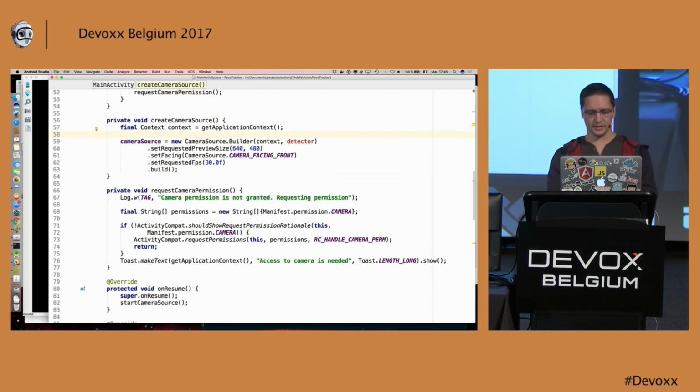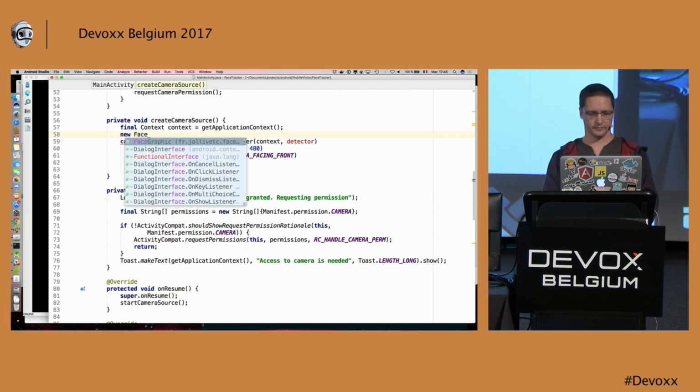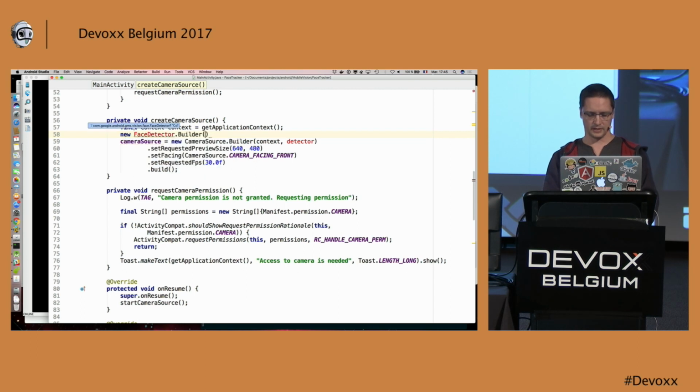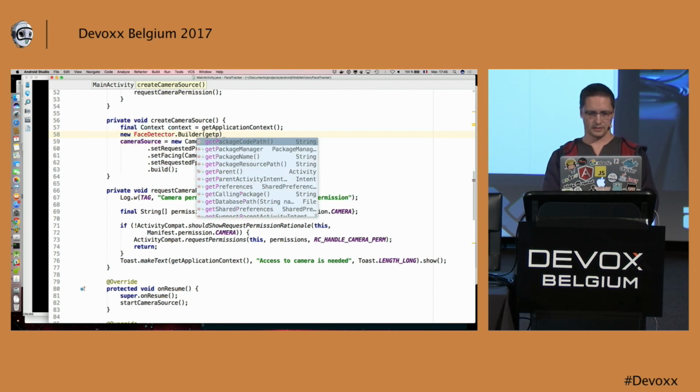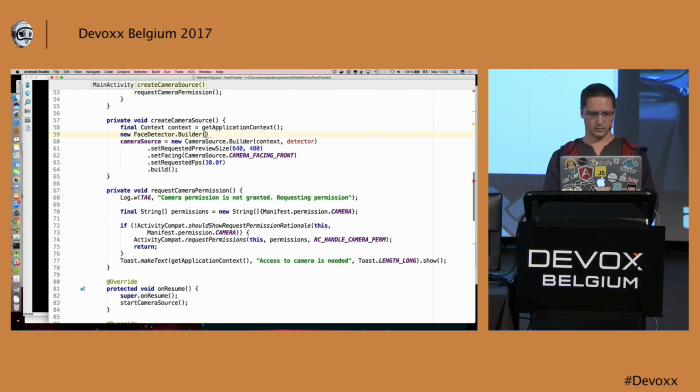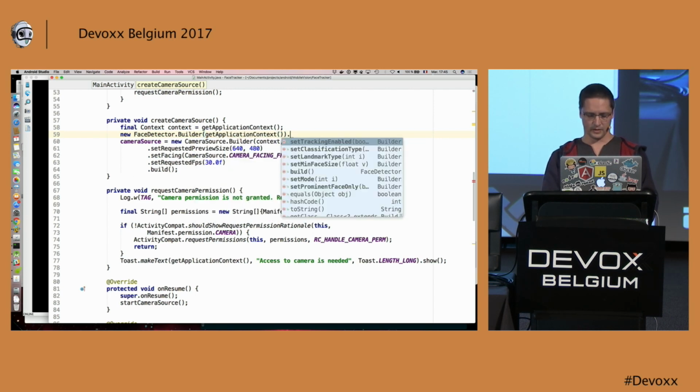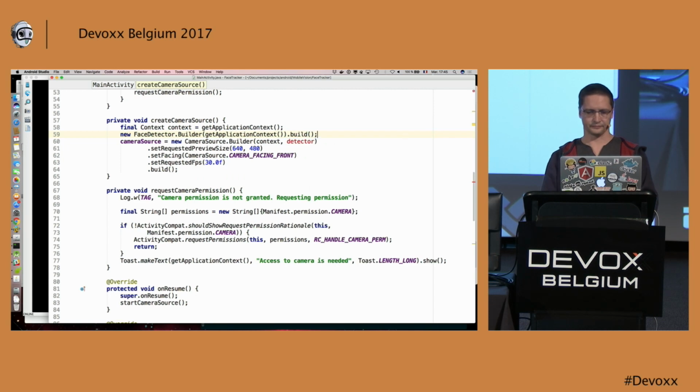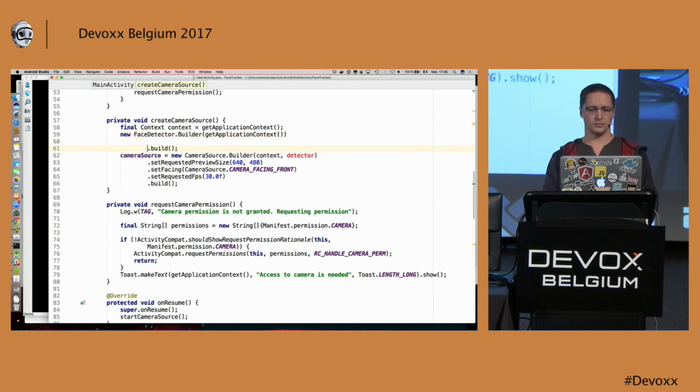So we just need to create a face detector, just like before. Like this. Get. So just do the import. Application context. Then build. I will do some configuration, so I want to get the landmarks.